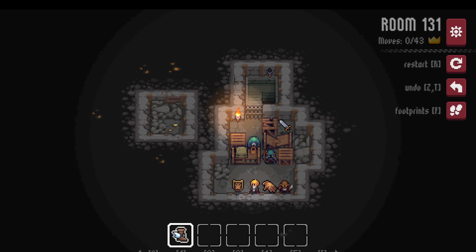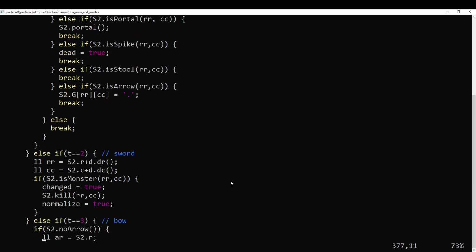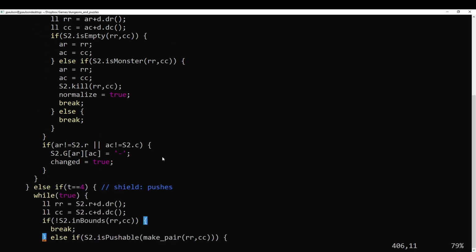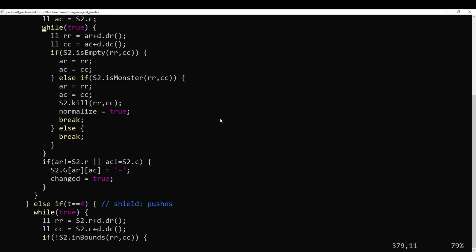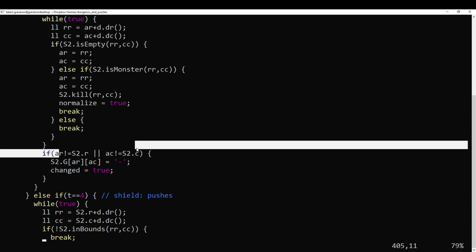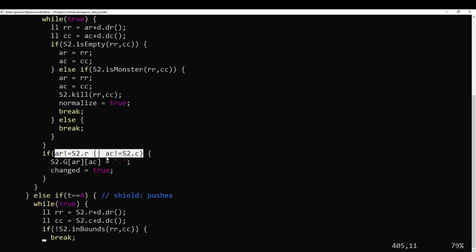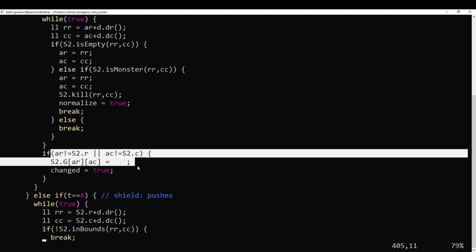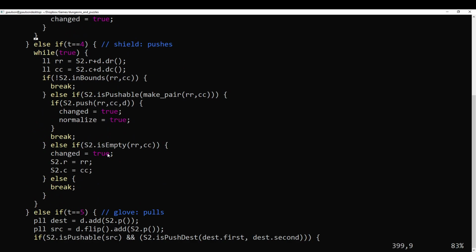So an arrow is not like boots. An arrow stops before it hits a stool, it stops before it hits a spike, it stops before it hits a tool, it stops before it hits a portal, and so on. So the only thing is that it goes through empty squares and it kills monsters. And if we actually did something with the arrow, so it didn't just land on, if we tried to fire an arrow down from here, it wouldn't go anywhere, it would just be on our character. That doesn't count. Mark down that the arrow actually landed somewhere, and that's a valid move that we should consider. Then we have the shield,